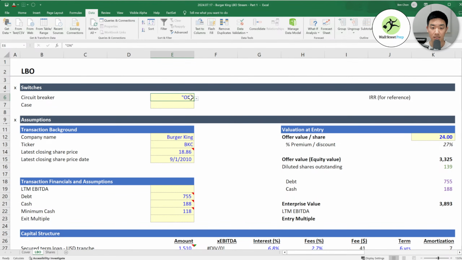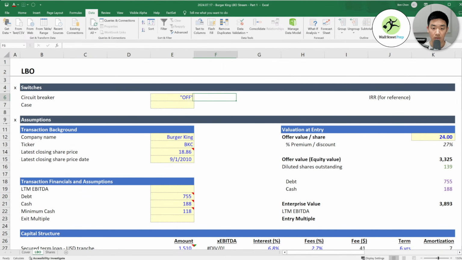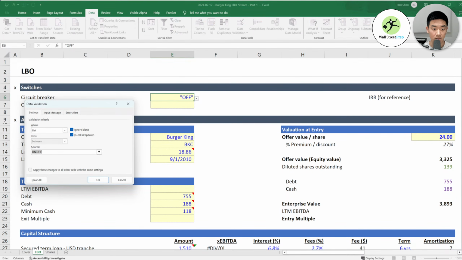So this basically lets us go either on or off. Oops, I think I did this wrong. I don't need parentheses. Let's Alt A V V. Okay, wait. List.